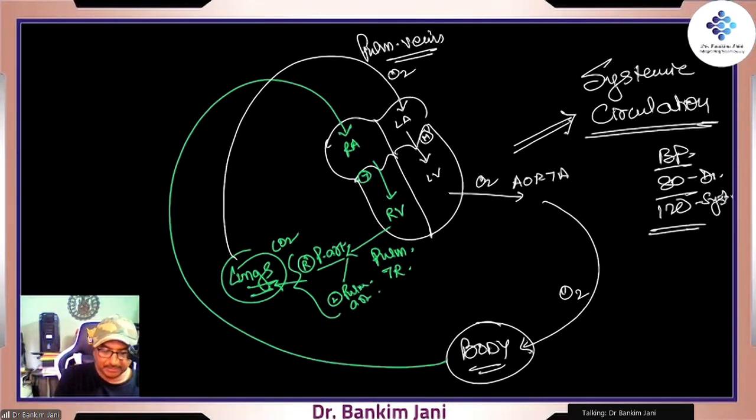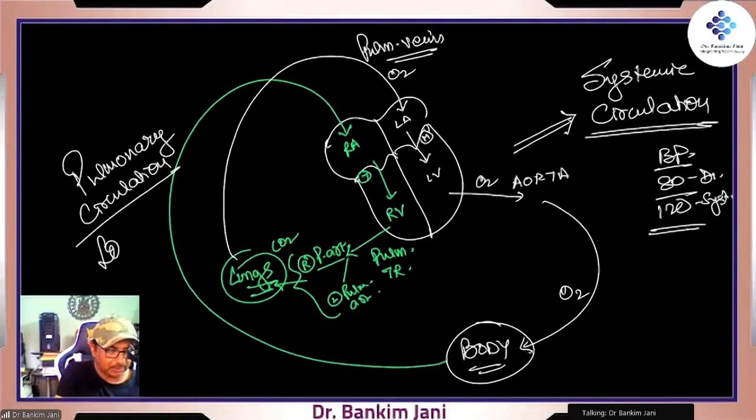The lungs part is what is called the pulmonary circulation. Lungs are extremely delicate, right? Alveoli, they are extremely delicate. So that's why this is a low pressure system, extremely low. Even if it goes beyond 20 millimeter of mercury, we start shouting, this is pulmonary hypertension, right? Because when the hypertension increases, we'll see how it can lead to pleural effusion, how it can lead to pulmonary hypertension and so many complications, right?